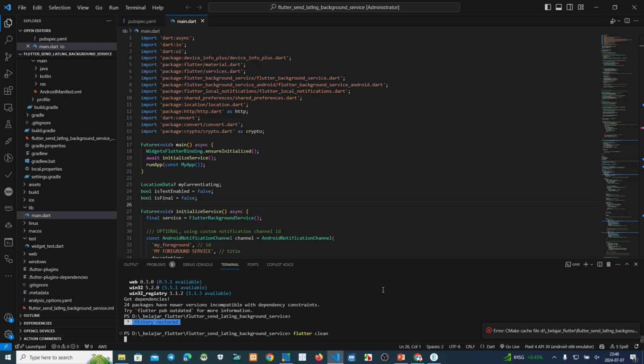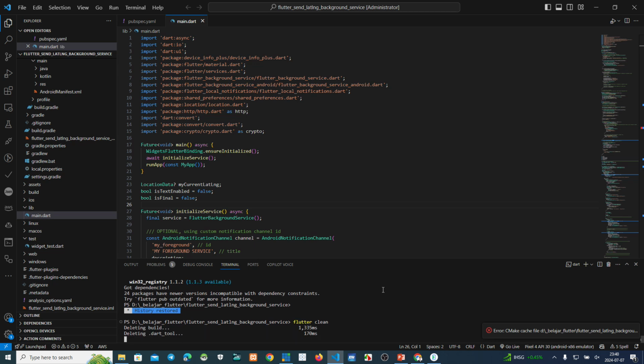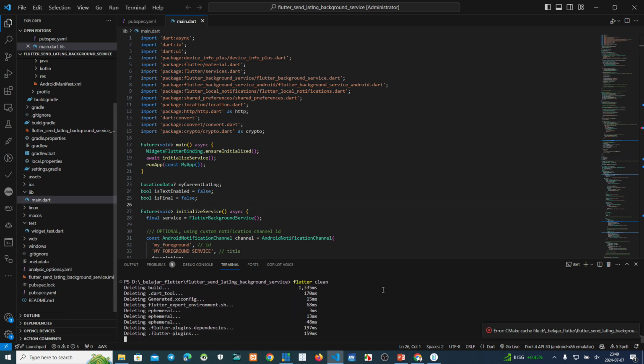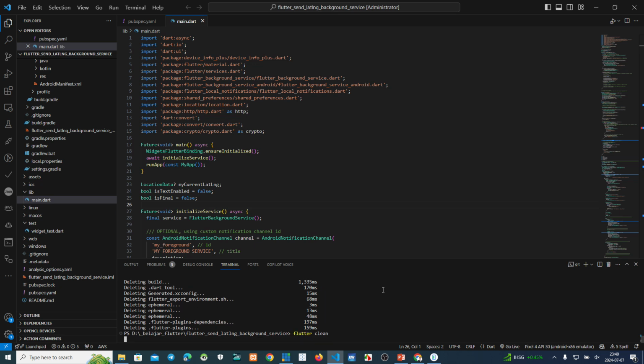Okay, we make clean first. Okay, once again, mother clean. Make this red color, and then after that we make get the plugin.